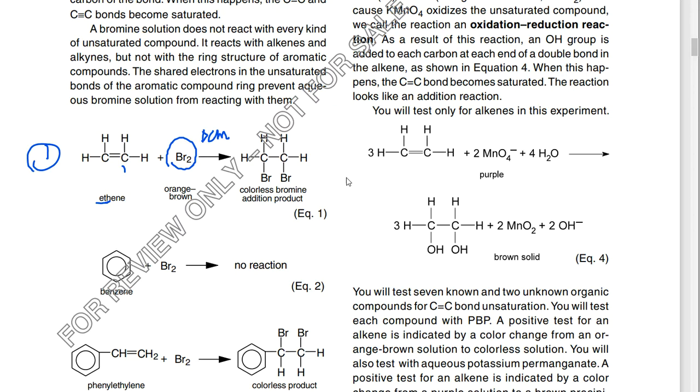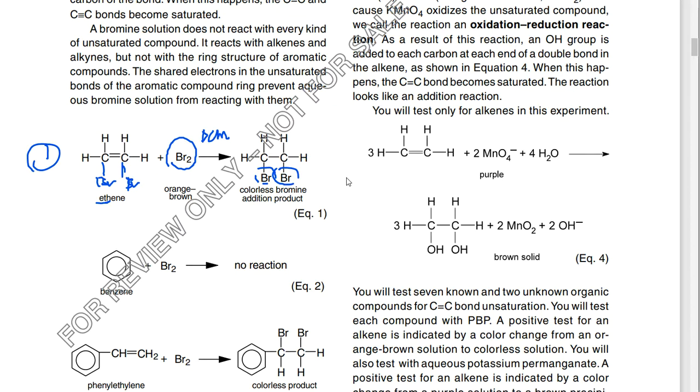What we said in this type of reaction is that a double bond breaks, 2 sites of attachment open up here and here, and 1 bromine goes onto 1 carbon, and 1 bromine goes onto the other carbon. So we see this bromine getting split in half,